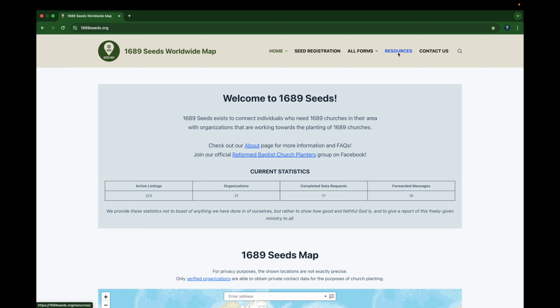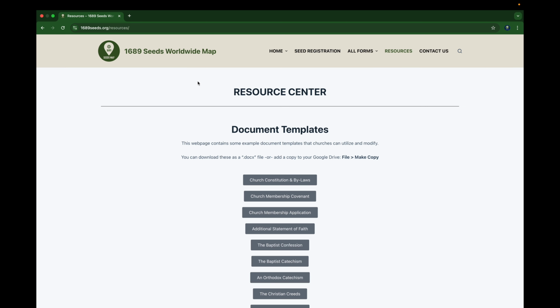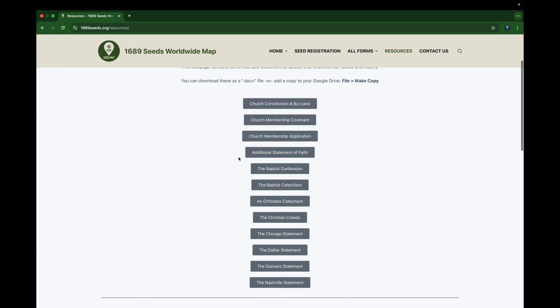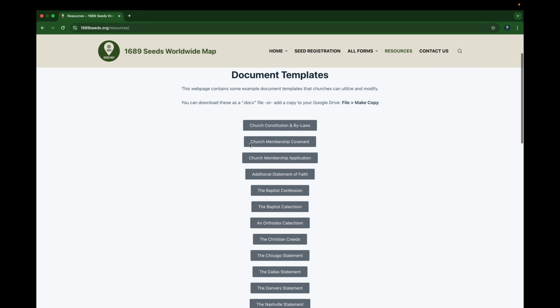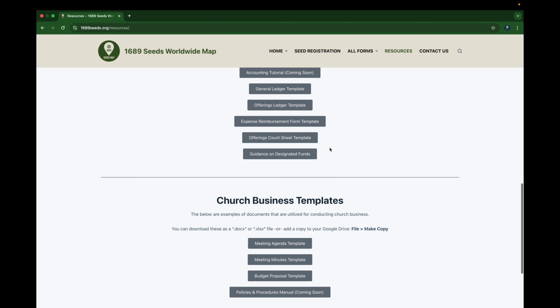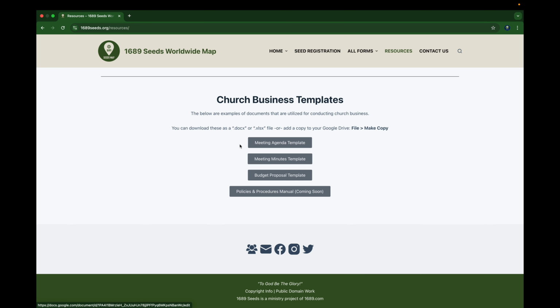From there you can go to the resources section, which will take you to this web page that we have set up to show you all of these different document templates that churches can take and use and modify to their liking. We have a constitution and church membership covenant and application, as well as some theological documents. We have a church planting guide and some church business templates like a meeting minutes and agenda and budget proposal